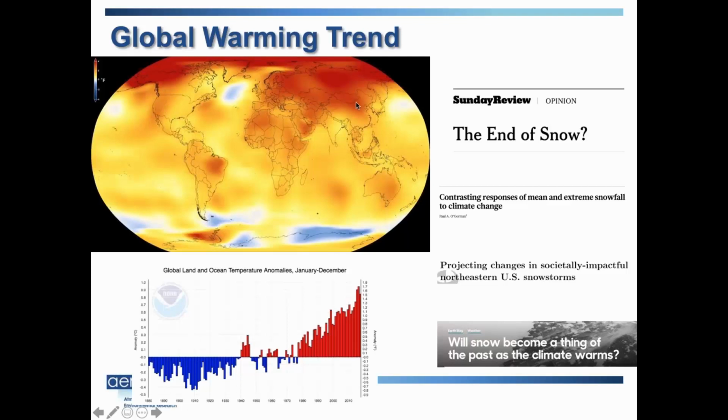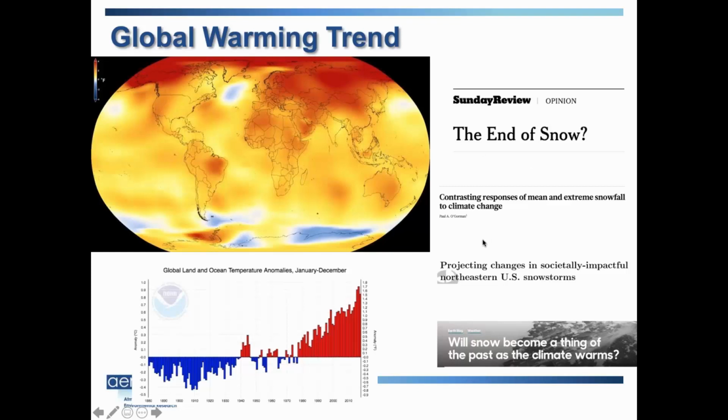So obviously there's a lot of warming throughout the globe, but you can see in the high latitudes that warming is amplified, right? It's accelerated relative to the rest of the globe. And here's the time series. It used to be much colder. Now it's a pretty steady, increasing trend.